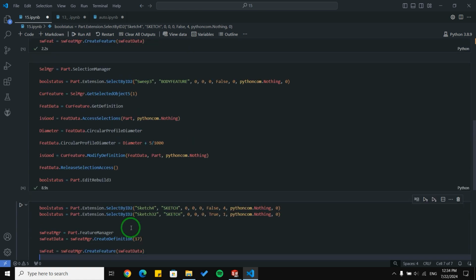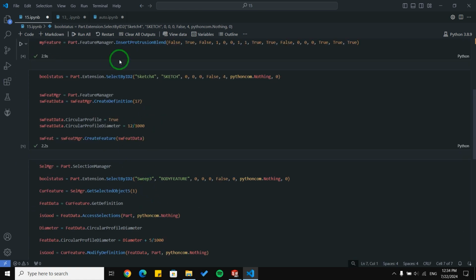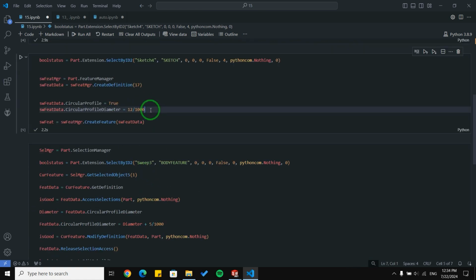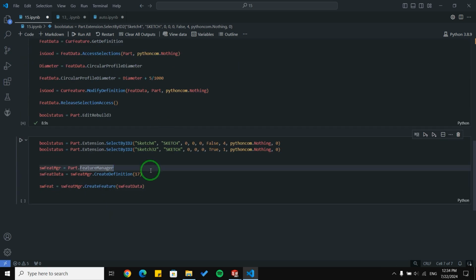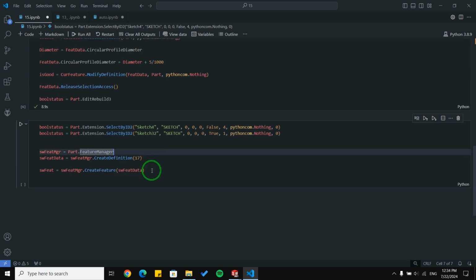Okay, this block is very similar to this block, and I didn't use even these 2 lines because by default, when you want to create a sweep with a sketch profile, you just need to select your path and your profile. So in these 2 lines I select my path and profile, and I use create definition 17 to create a definition or create a sweep, and at the end I create a feature.